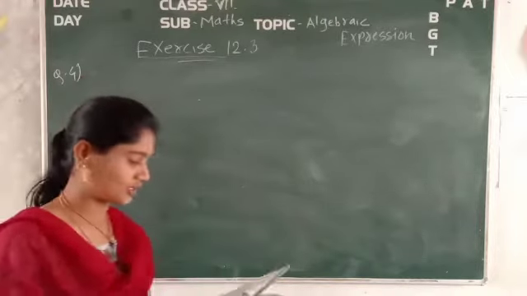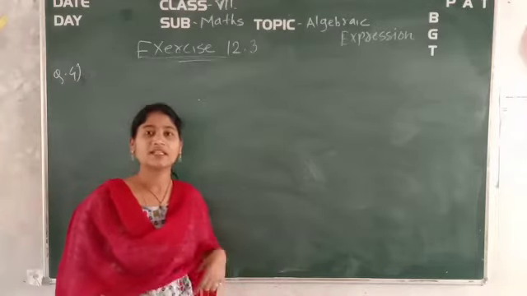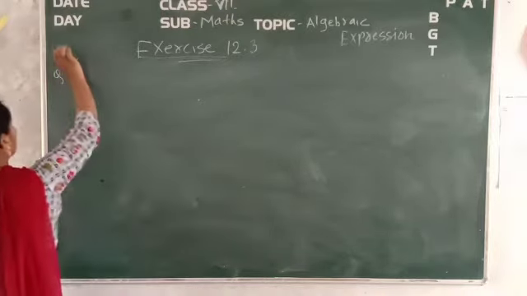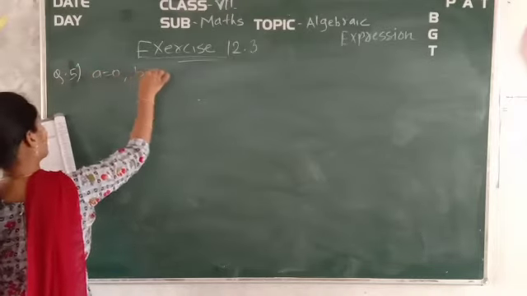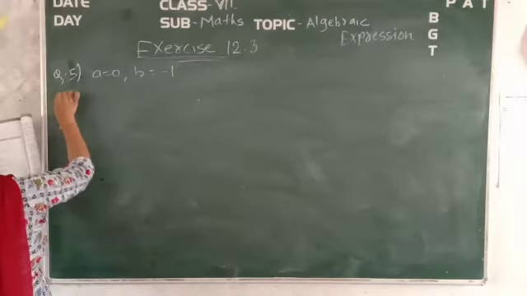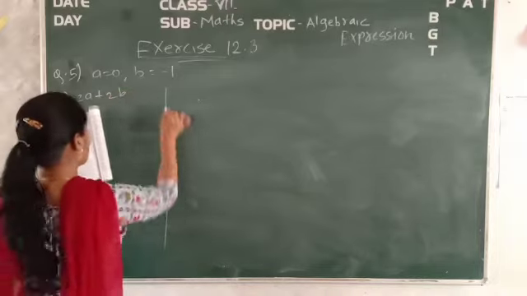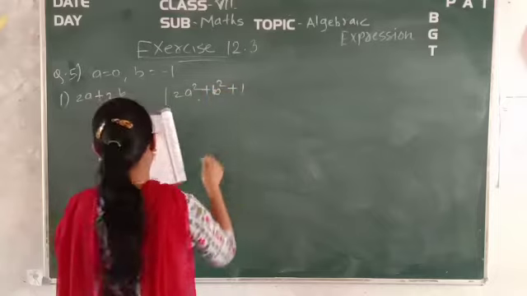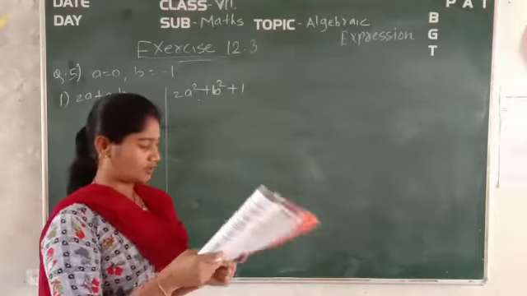Now see, what is question number 5? Same as question number 4, you have been given question number 5. Within that they have given you the values of a and b. Again the same kind of question is there. Question number 5. The value of a is 0 and the value of b is minus 1. And you have been asked to find the value of the expressions: first of all 2a plus 2b. The second expression is 2a square plus b square plus 1. And another 2 questions are there. This is for your practice, that you have to calculate.